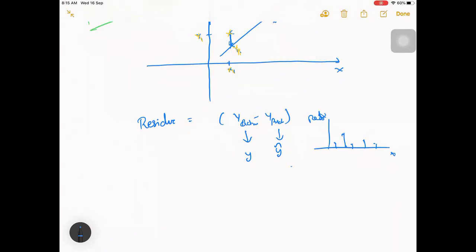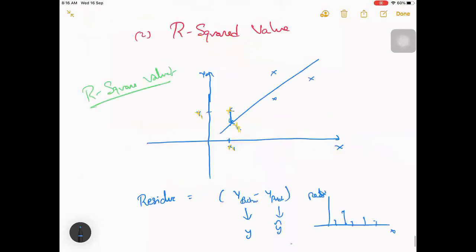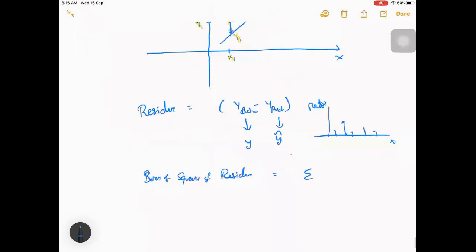What we'll be doing is the sum of squares of this residue, which means we'll take the residue for each of your values here, and then we will square it and sum it.